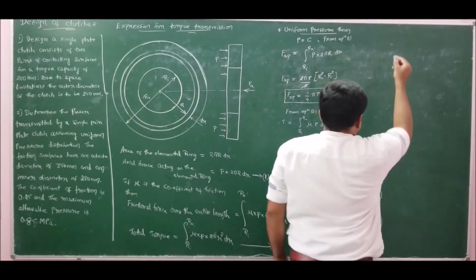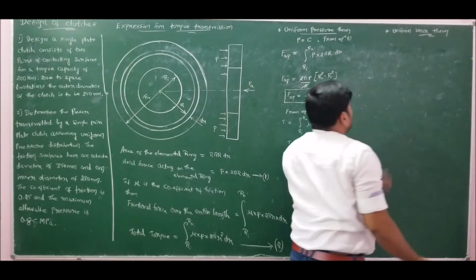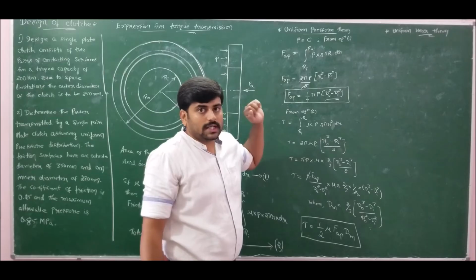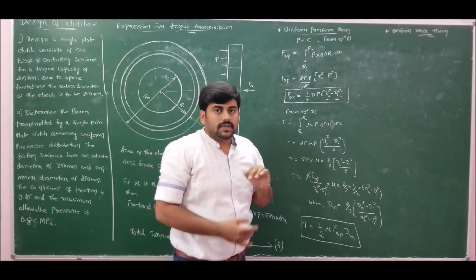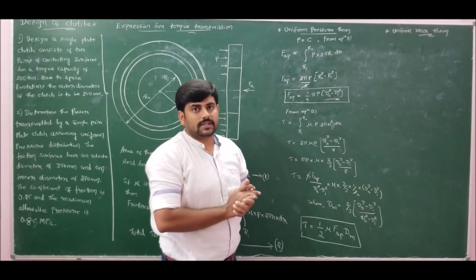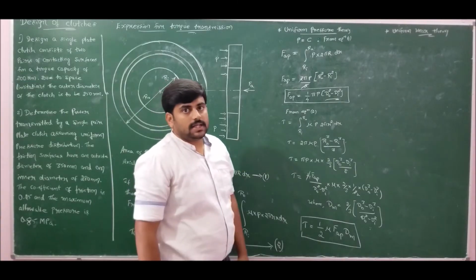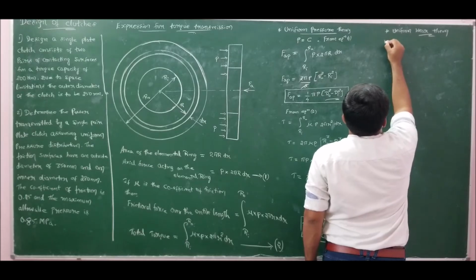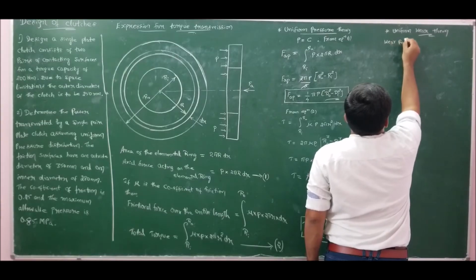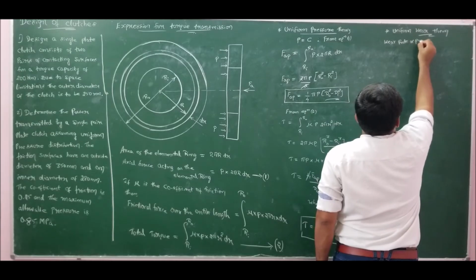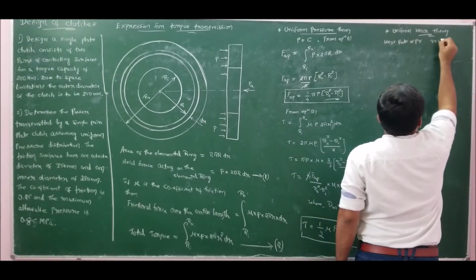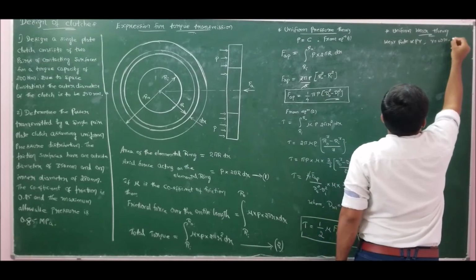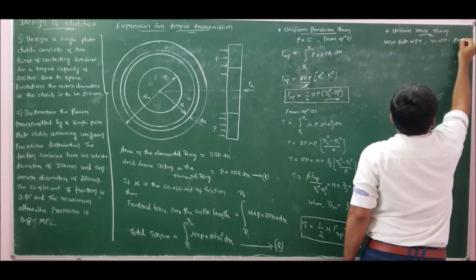Similarly, we have uniform wear theory. Coming to uniform wear theory, this is used for worn out clutches, that is for old clutches. This is based on the assumption that the wear is uniform over the frictional surface. Hence, the wear rate is proportional to pressure times the velocity. So for uniform wear theory, wear rate is proportional to pressure times velocity. We know that velocity is equal to angular velocity times the radius. Hence, for this theory, we will consider pressure into radius as constant.